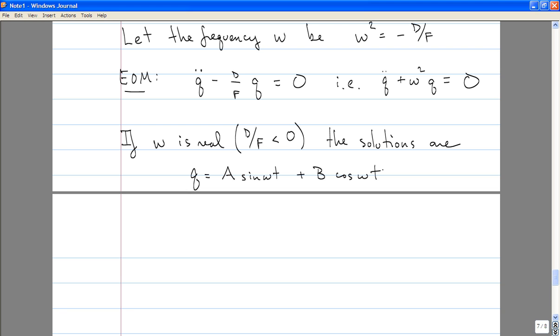of this, you get one power of omega, q double dot, you get another power of omega, and because the second derivative of sine is minus sine, the second derivative of cosine is minus cosine. Indeed, when d squared over f is negative and omega squared is positive, the solution to this equation of motion is a linear combination of sines and cosines. So in this case, the solutions just oscillate